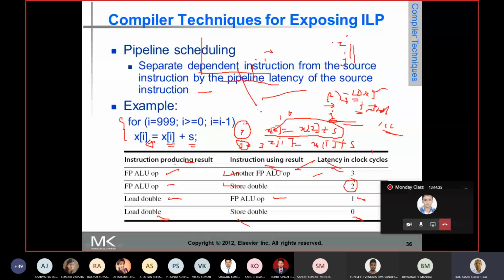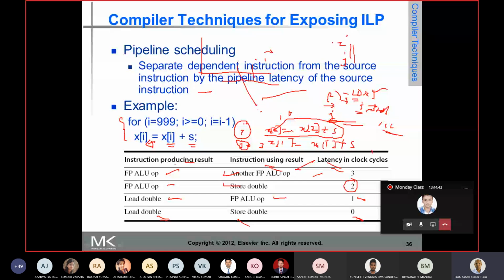This is another iteration. There is no dependency between these two iterations, so we can call the loop parallel. Now let's look at the MIPS code for this loop.